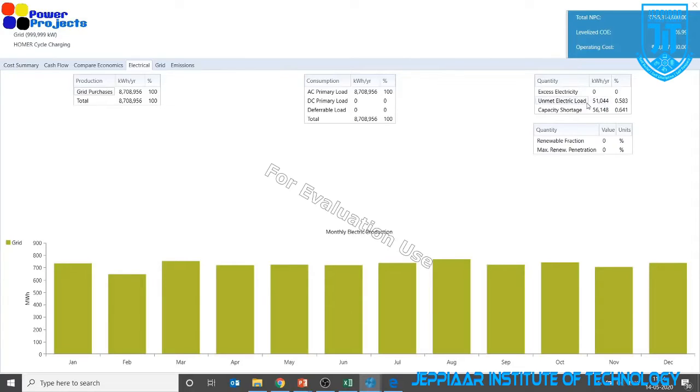So that's the real reason why this unmet electricity is about 51,000. I have given 50 hours and 1,000 kilowatt hour each, so it is 50,000 kilowatt hours. Because of the load variations, it's plus or minus some percentage, so you are getting 51,000 kilowatt hour. And the capacity shortage, that's a peak shortage, is 56,148 kilowatt hour. In percentage, it is less than 1%. That means if there is a power outage of 50 hours a year, then your unmet electricity demand is less than 1%.